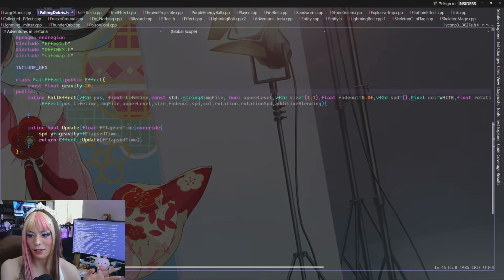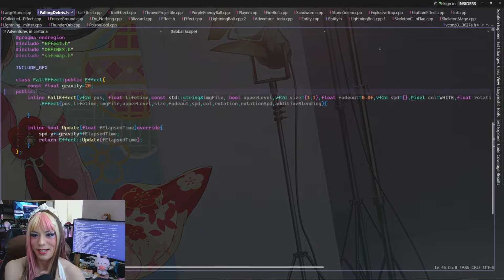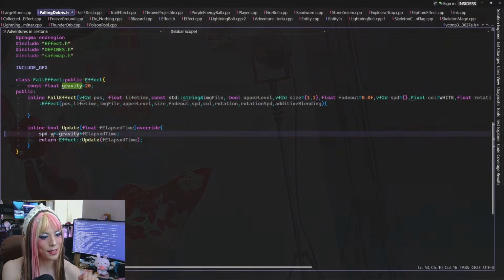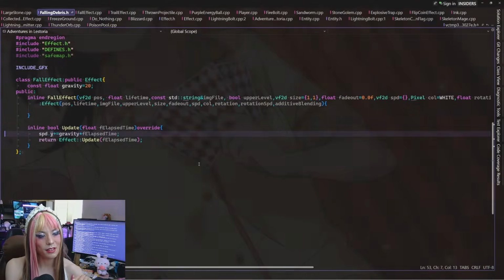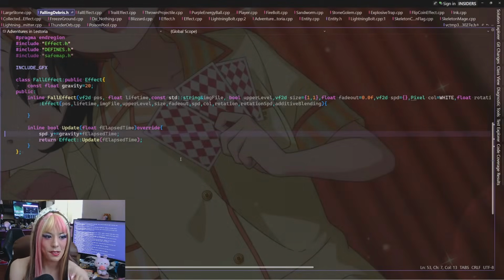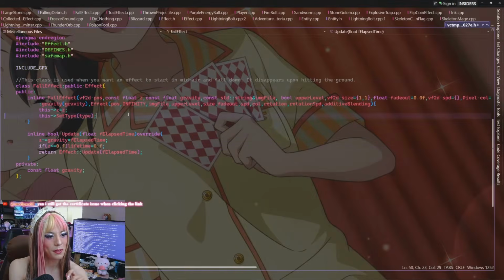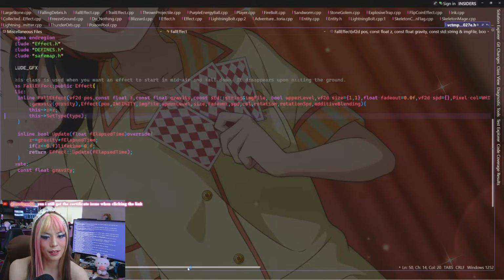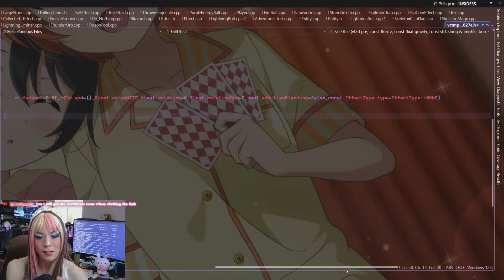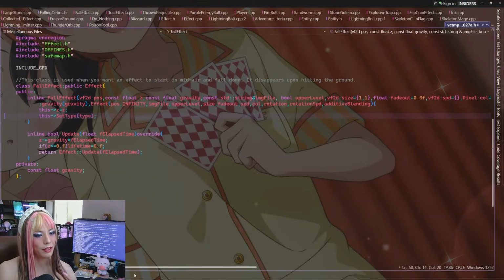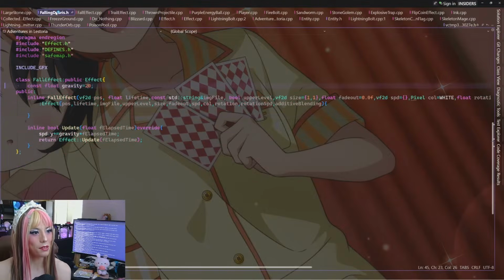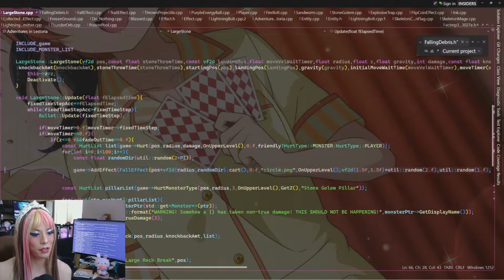So now I have to figure out which one was intended. So this one, the Y speed decreases, so it doesn't use the Z system, and the default gravity is 20. Whereas this one uses a type, so it purposely sets the type to... what? The type is... oh, okay, by default none. So I guess what we could do is wherever we included this, figure out which constructor we used.